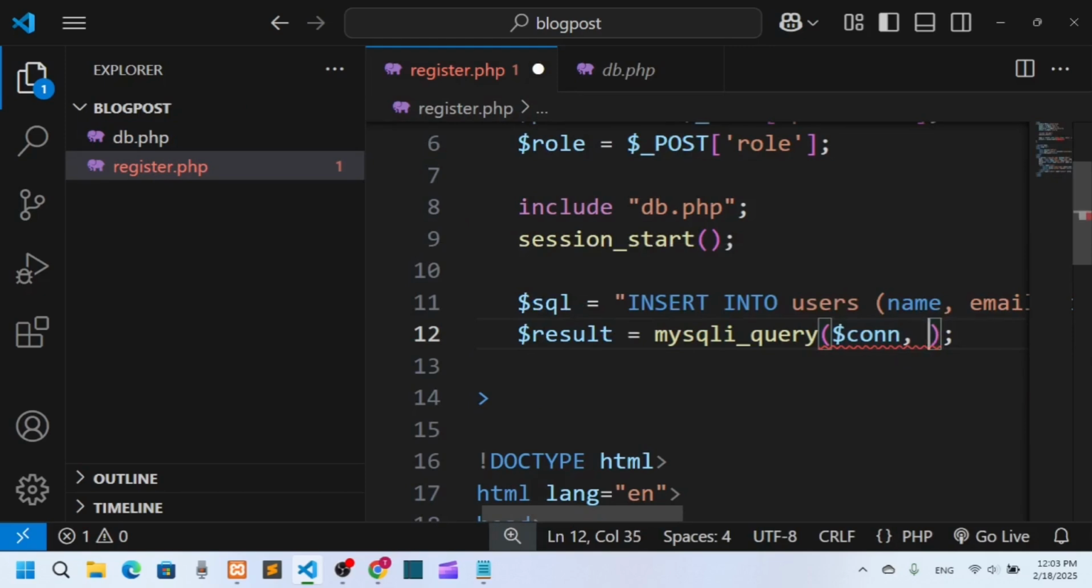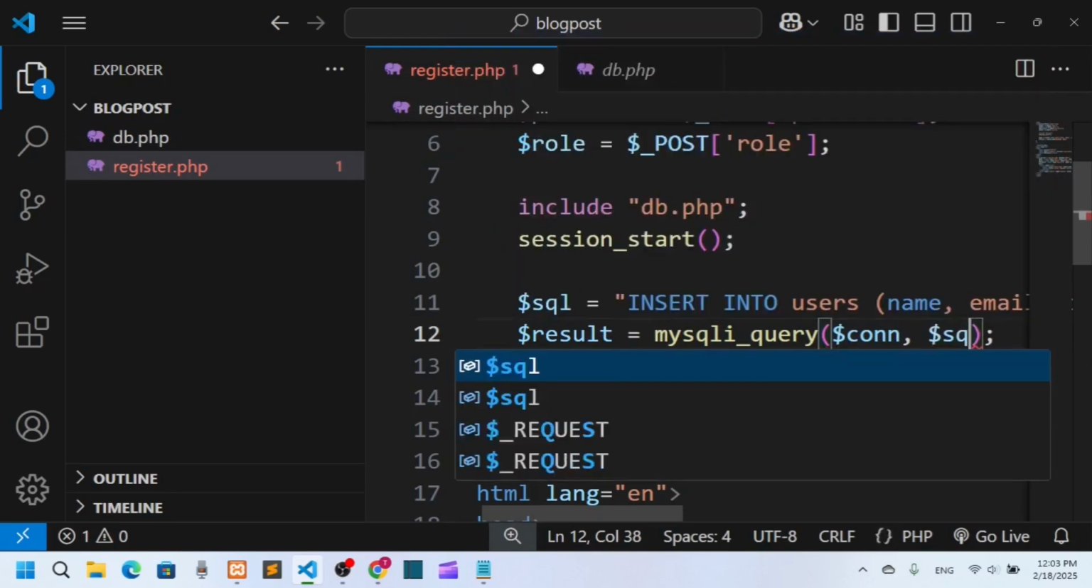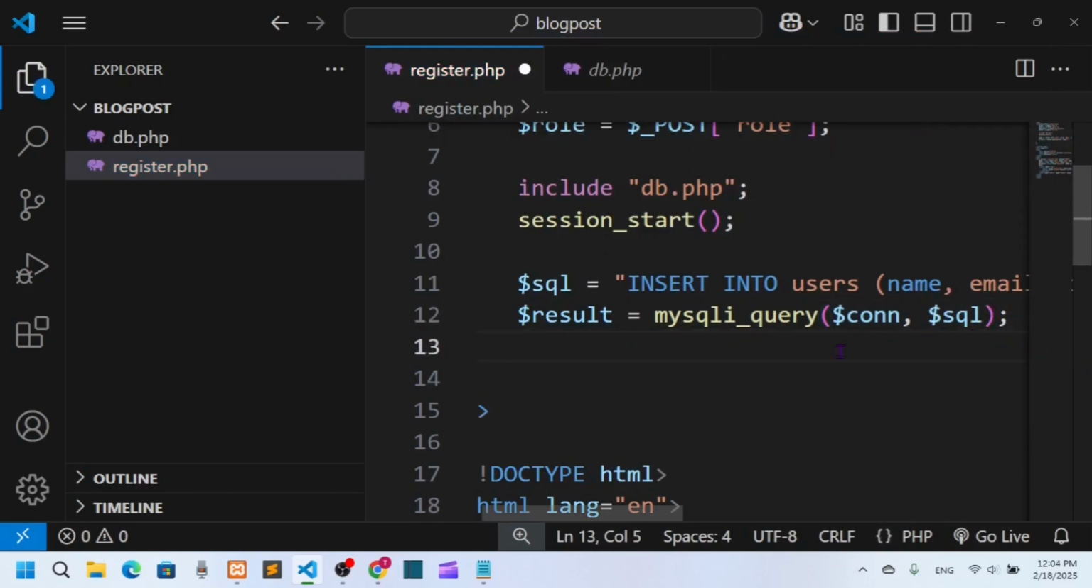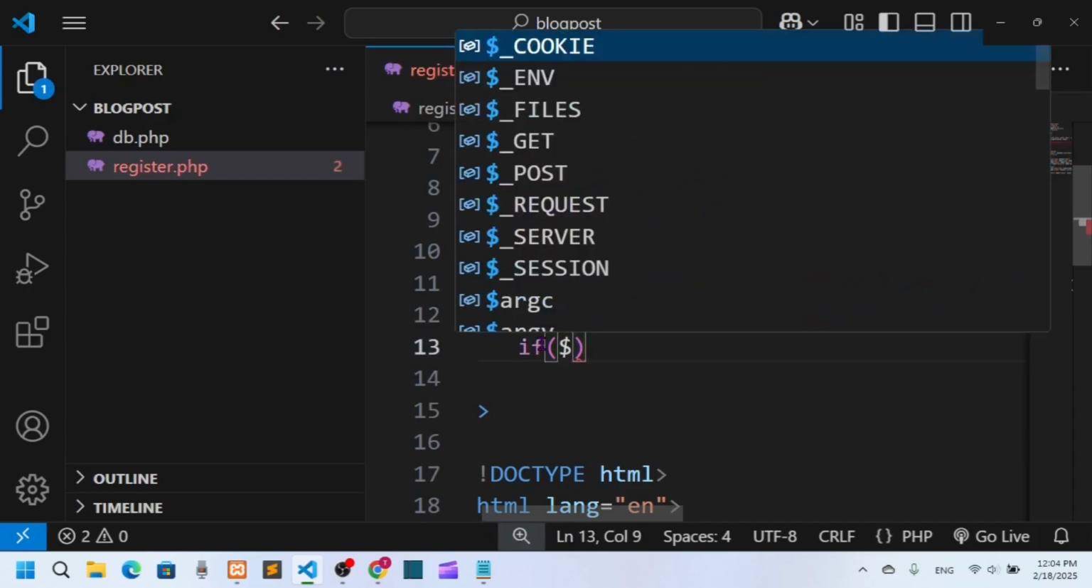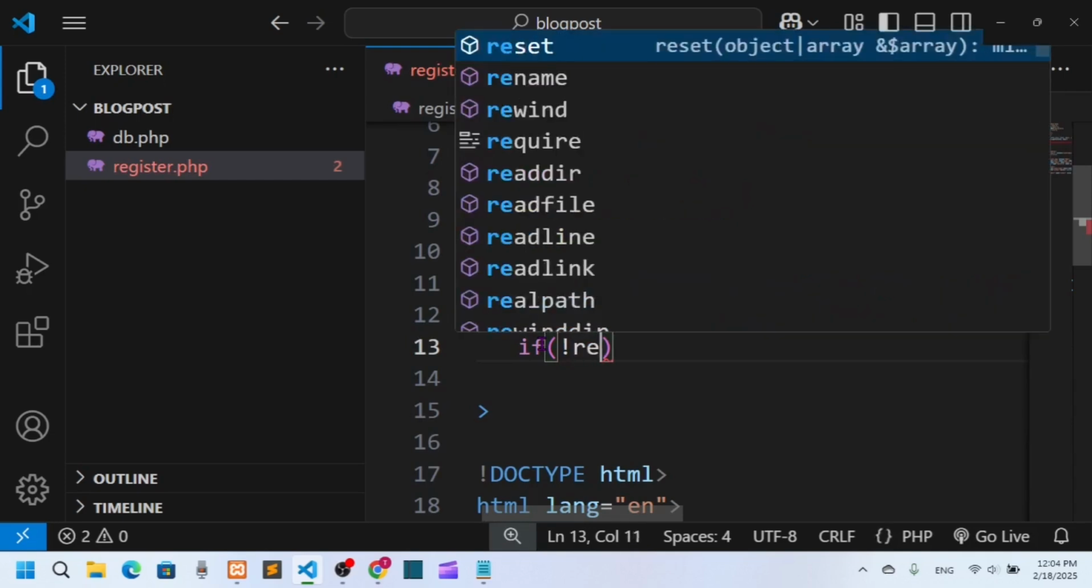So $con is the variable, and then we have another variable, that is the SQL, our query. So now our query will be executed, and the query result will be stored in the result variable. Now we will check whether the result is executed or not. Okay, now we will say if not result,